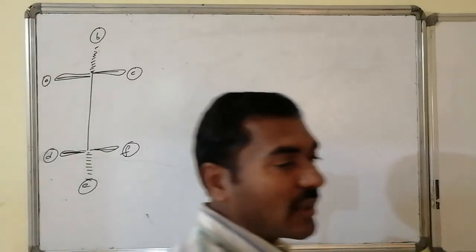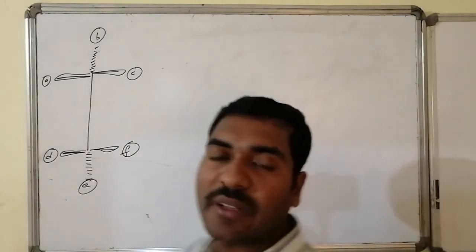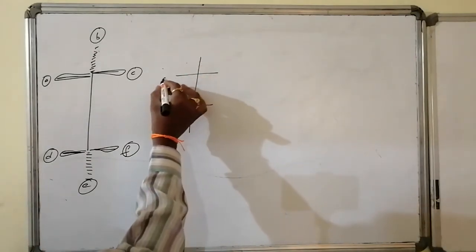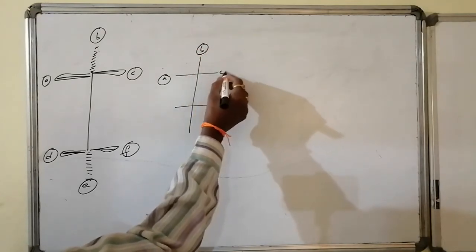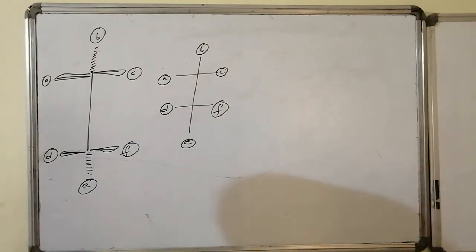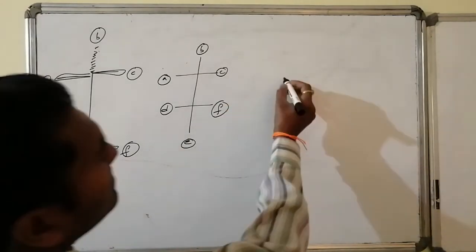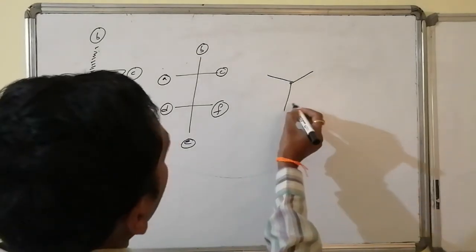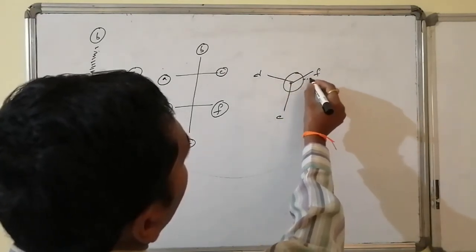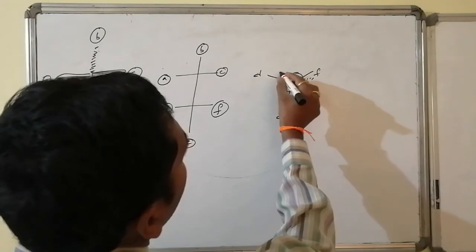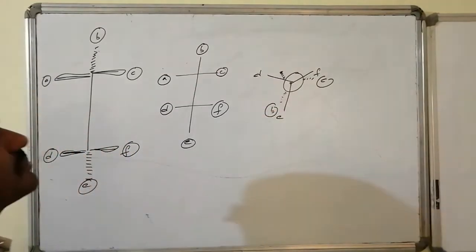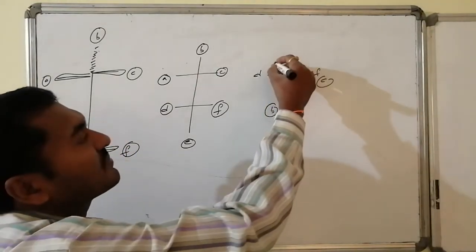Whereas the immediate corresponding Fischer presentation of this particular flying wedge presentation appears like this. Here this is valency A, valency B, valency C, followed by valency D, valency E, and valency F. And as it is written in the Newman presentation, the front carbon atom is having D, E, and F, followed by the back carbon atom, where connectivity is like this: F is covered by C, E is covered by B. Similarly, D is covered by A. Like this it is present.